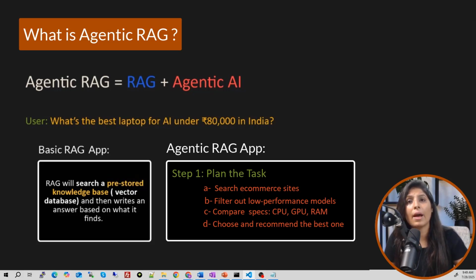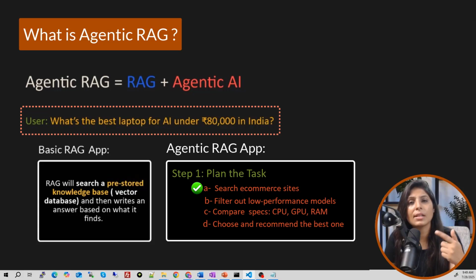Once the task is planned, it will start the task. First it will search the e-commerce websites for laptops in the mentioned range, and to get the list of laptops as per the user's question, agentic RAG will perform multiple smart searches. Guys, this part is also very important. The question the user typed is: find the best laptop for AI under 80,000 rupees.